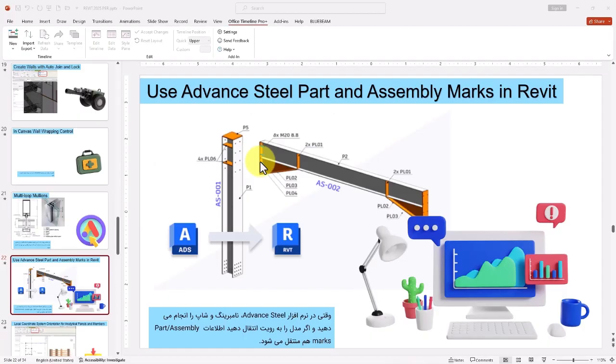The next characteristic that we have in Revit 2025 is related to Revit structure. In this version of the software, using Advanced Steel, we can actually have a better and more enhanced workflow. Well, actually, we had the Advanced Steel plugin in previous versions of the software as well. However,